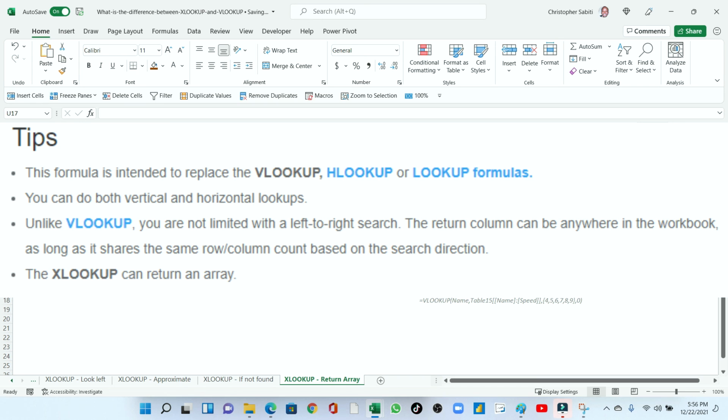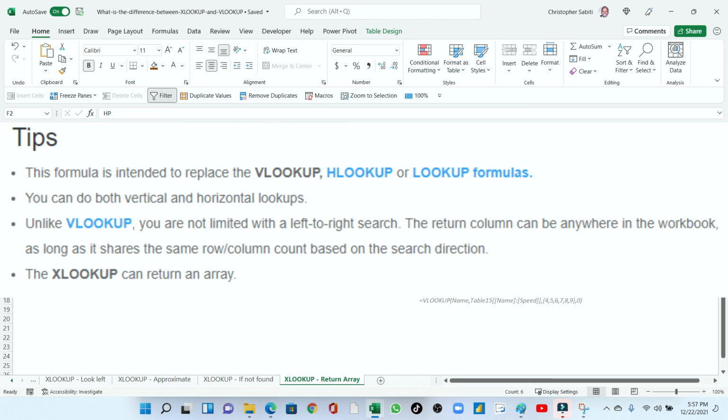So the tips we have looked at, the X formula, the XLOOKUP. The first tip is the formula is intended to replace the VLOOKUP, HLOOKUP, and lookup, all the lookup formulas. Then it can do both vertical and horizontal. We have already seen that. It does both vertical, and it can also look up horizontal.